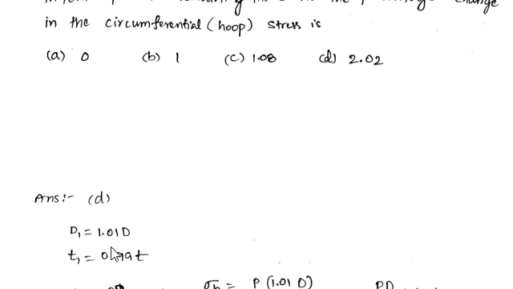So for the second case D1, when the radius is increased by 1%, diameter is also increased by 1%. So when there is an increase of 1% to the previous value, the previous value we have assumed is D, so a 1% increase means it is 1.01 times D. So in the second case, the diameter will become 1.01 times that of the first case. And in the second case, the thickness is reduced by 1%. So the thickness T1 will become 0.99 times the first case, that is 0.99 times T.